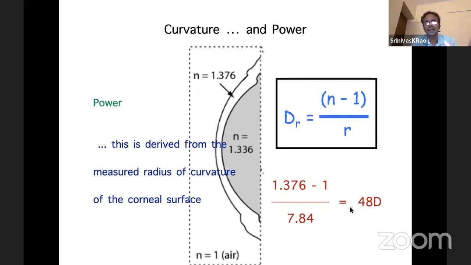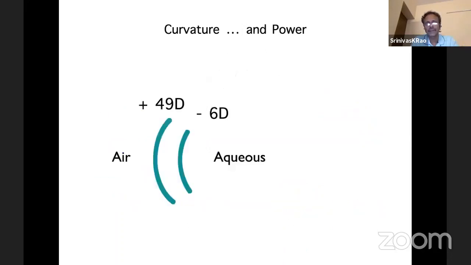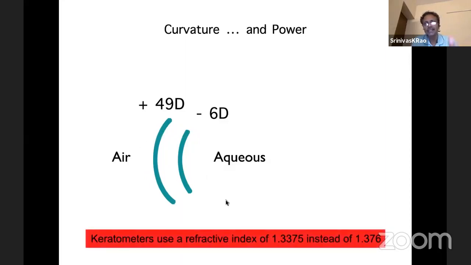Now, this is not what the keratometer will show you for this particular curvature, because we are actually having to look at the back of the cornea as well. We know that the back of the cornea is minus. All you're measuring with the keratometer is the anterior surface, but when you convert that, we need to get the power of the whole cornea. And this is a very important concept that you must understand, because a lot of the topographers also work on the same principle. So when you're measuring only the anterior radius of curvature, but you're trying to derive the power of the total cornea, what the machine does, it cheats.